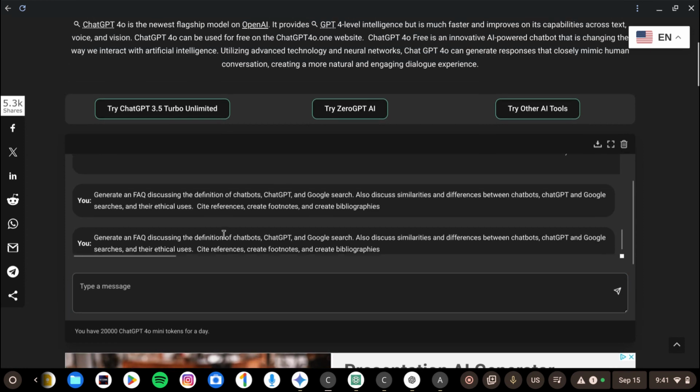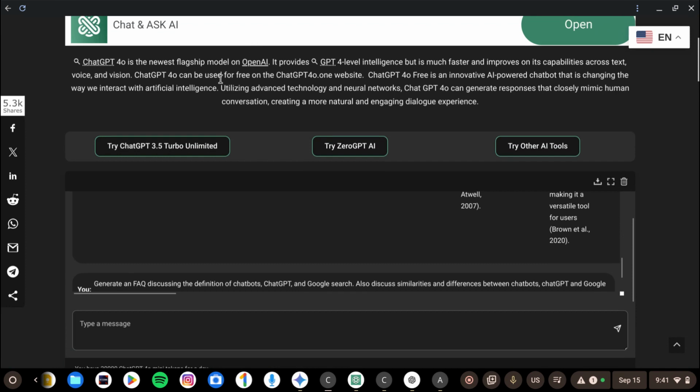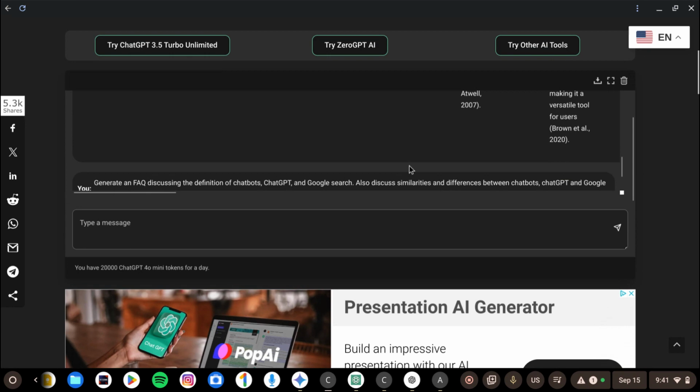So, if you look at the top here, you will see that ChatGPT 4.0 is the newest flagship from OpenAI. But they've got different ones. Again, with this one, if you wanted to,